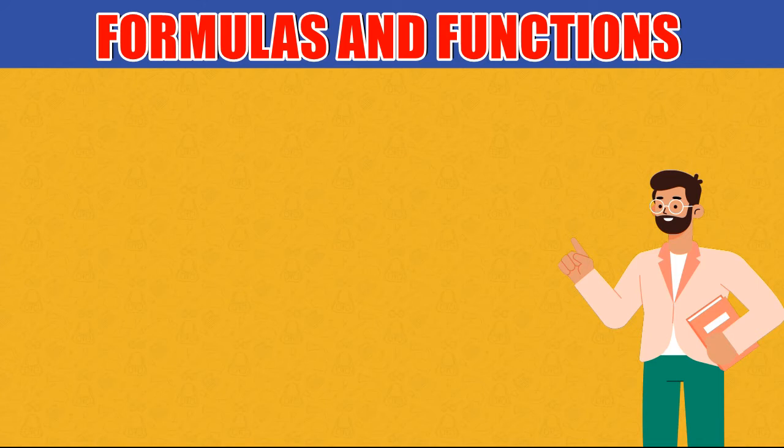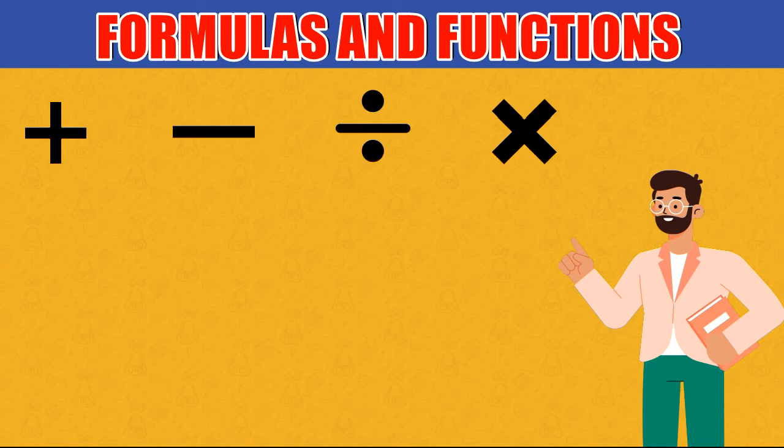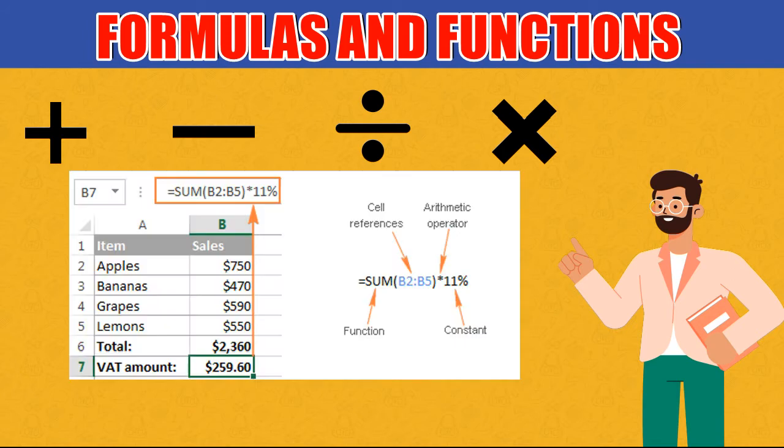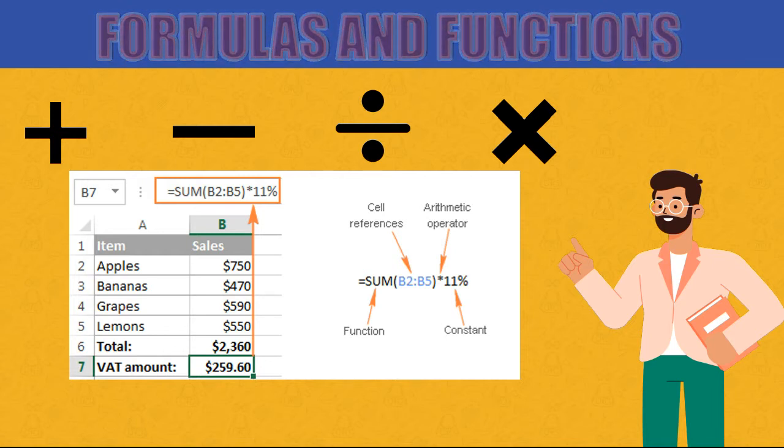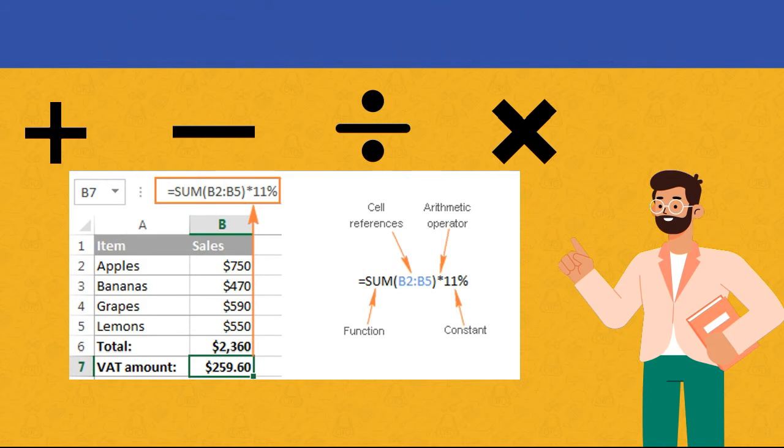Formulas in Excel. Formulas are used to perform calculations involving addition, subtraction, division and multiplication, etc. A formula establishes a relationship between two or more cells. It is an expression that includes cell addresses, numbers, arithmetic operators, and parentheses. Using it, you can perform simple as well as complex calculations. A formula must begin with an equal to symbol, followed by cell reference and operators.